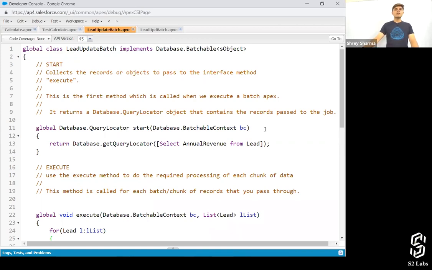So in this case, let me tell you when a batch gets executed. A batch gets executed in a scheduled way, or in a scheduled format. That means every night at 8 p.m., execute this code. Like early morning 7 o'clock, I get an email from my bank that this is the available balance on your account. This message they send to each one of their customers every morning at 7 o'clock.